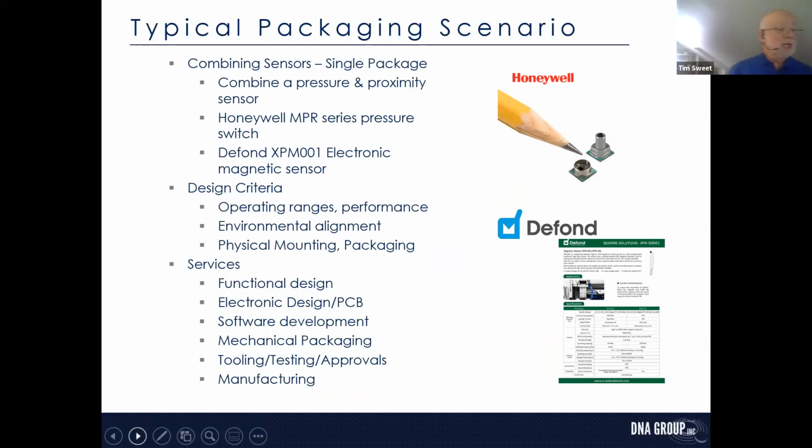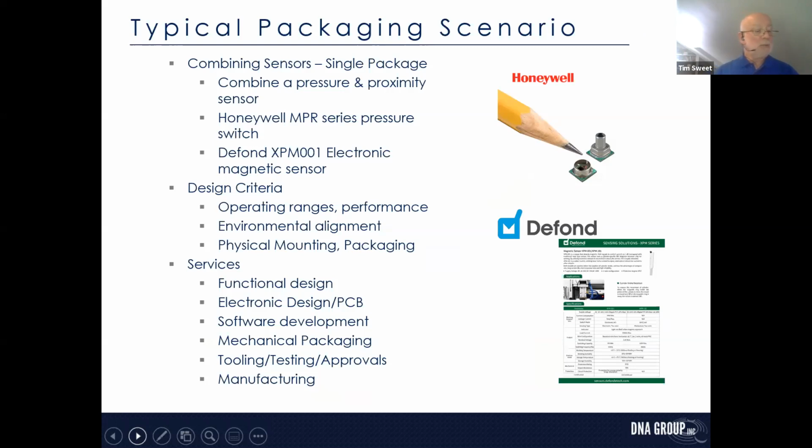So the last few slides were examples of some of the things we have done and are in production. Now I'll turn to look at a couple of examples of some of the things that are possible or that we can do. This one is a hypothetical case, but not far from some of the ideas we've been asked to look at. Combination sensor packages is something we provide, and this identifies some of the steps in the development process we manage.